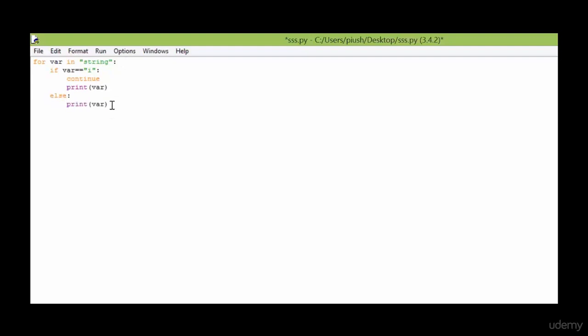So here you can see if the variable goes to the position of I inside this string, it will simply skip the loop, or we can say that it will simply skip the character and go to the next iteration, which is n, and after that g. So this is a continue inside this for loop, and I'll again put a second statement after the continue, which is hello. Now I'll execute this program.